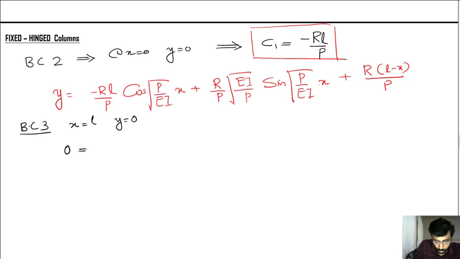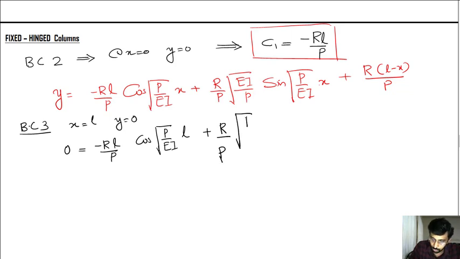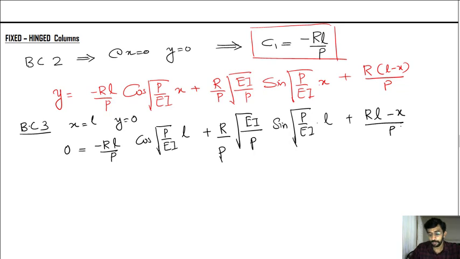What we are going to get is 0 equal to minus R L by P into cos root of P by EI into L plus R by P into root of EI by P into sine root of P by EI into L plus R into L minus x divided by P. So if we look here, this has to be 0, right? So what is left is